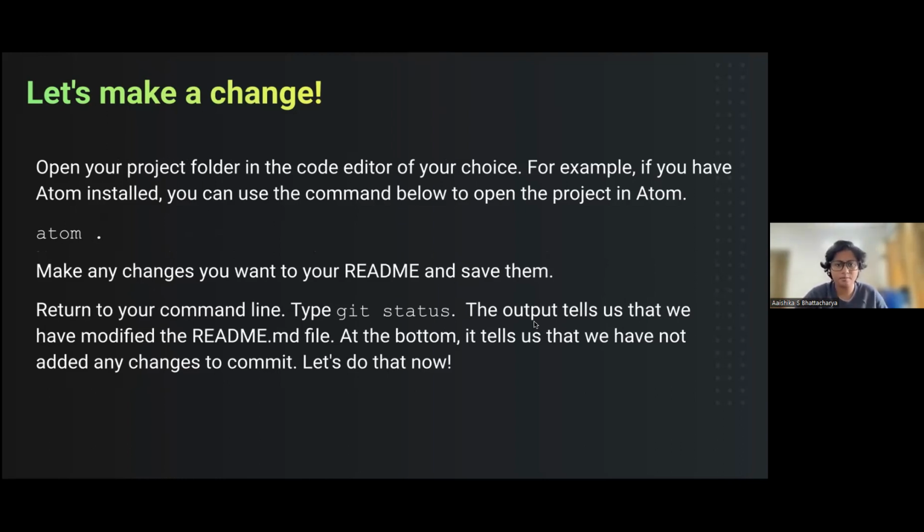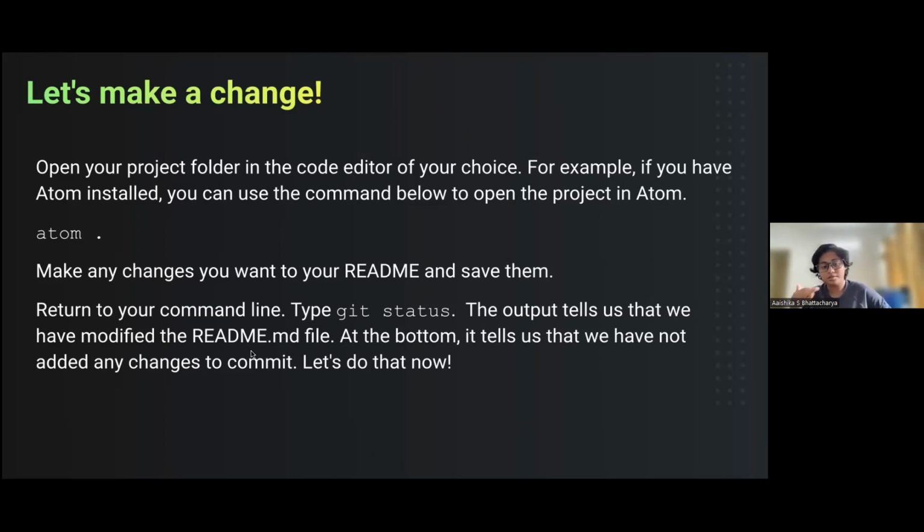I am not going to be giving you a demonstration of all of this stuff. This is something that you need to try on your own. And if you're stuck at any point of time, feel free to let me know, and I would be more than happy to help you.